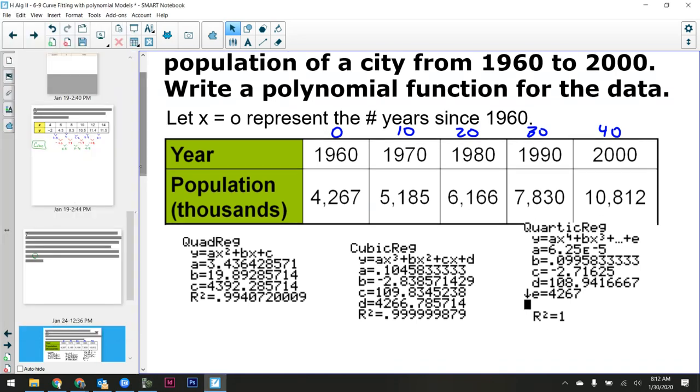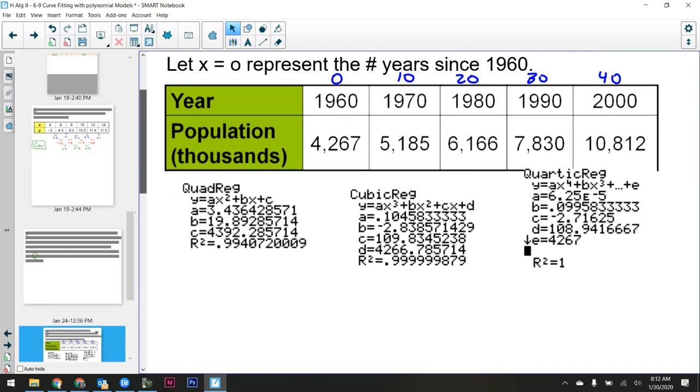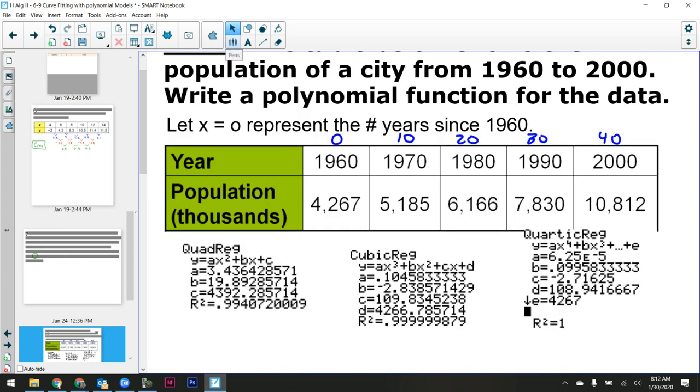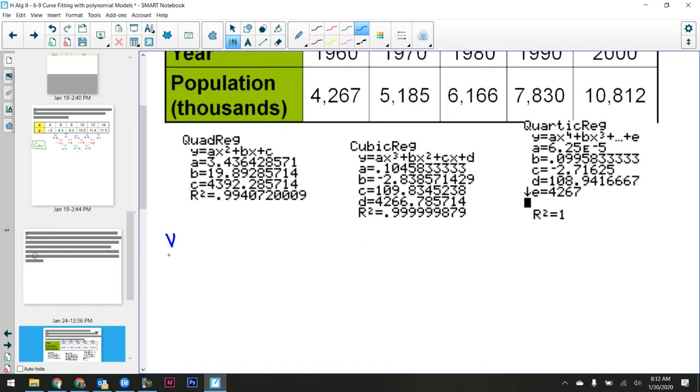Okay, so look at what we have here. These were my 3 regressions that I ran. Which one is the best fit? Quartic. Quartic is the best fit. So here's the equation that we write. Y equals, start way over to the left, 0.0000625. I'm taking it out of scientific notation. 0.0000625 x to the 4th